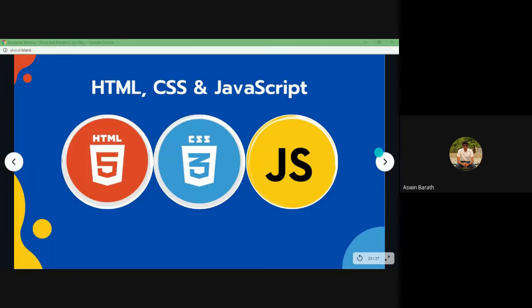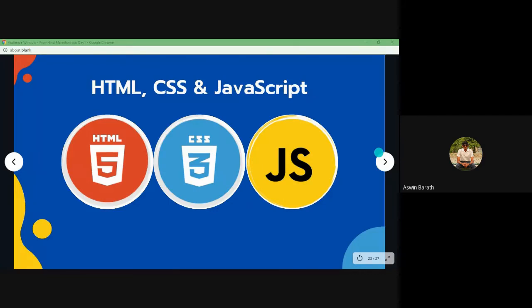So HTML is used to do just that, whereas CSS is used to make the website more beautiful. Whatever the designs that you see, whatever the colors, the text, the font, everything can be handled using CSS. CSS stands for cascading style sheets. In simple terms, it's a style sheet where we provide each and every type of style that we have to provide for our website.